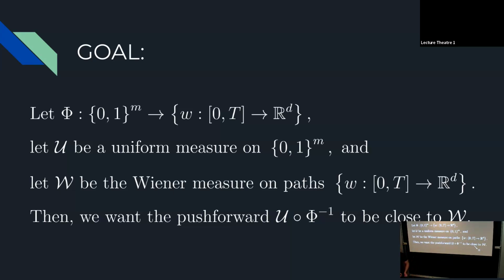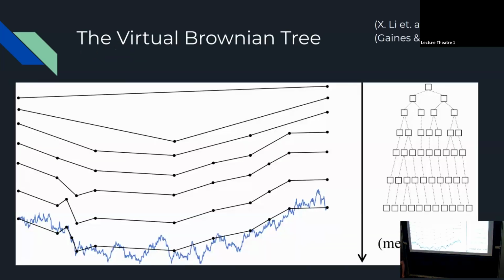And now here I say close to the Wiener measure because obviously you're doing this on a computer, so you will have some machine precision that you just can't get beyond. And also, as you know, the uniform measure on [0,1]^m is a discrete measure, whereas the Wiener measure is a continuous measure, but you can get very close to it. Anyway,